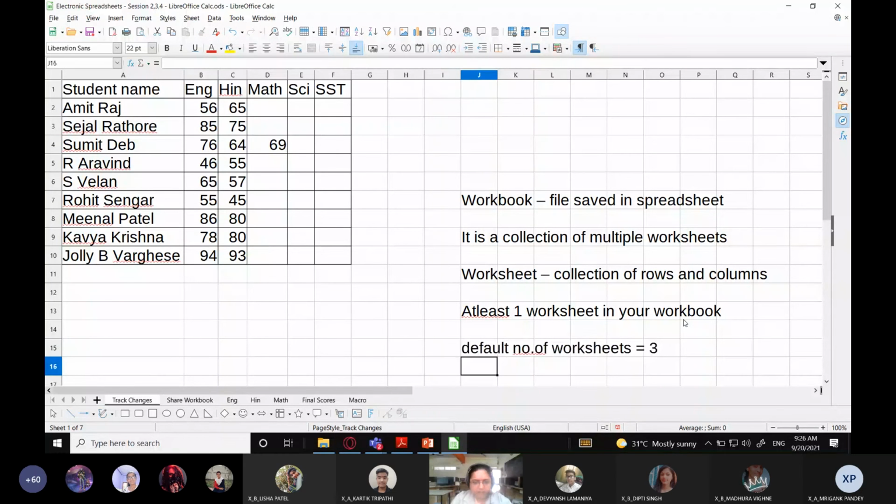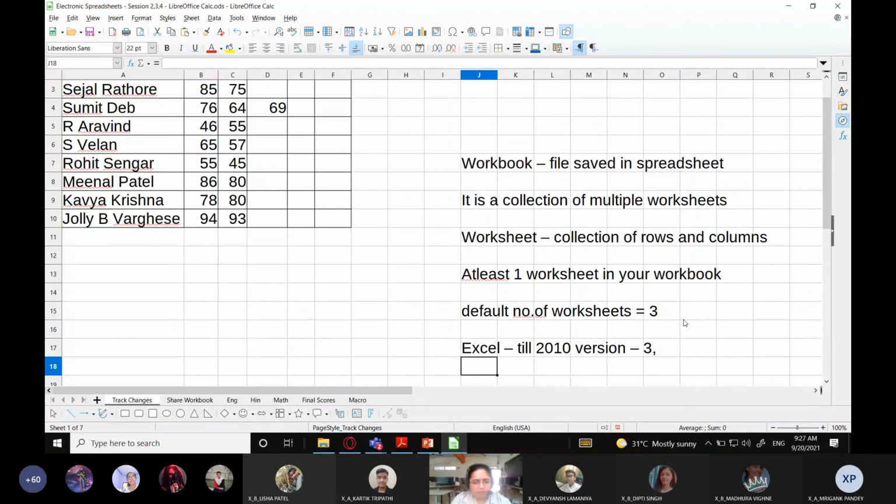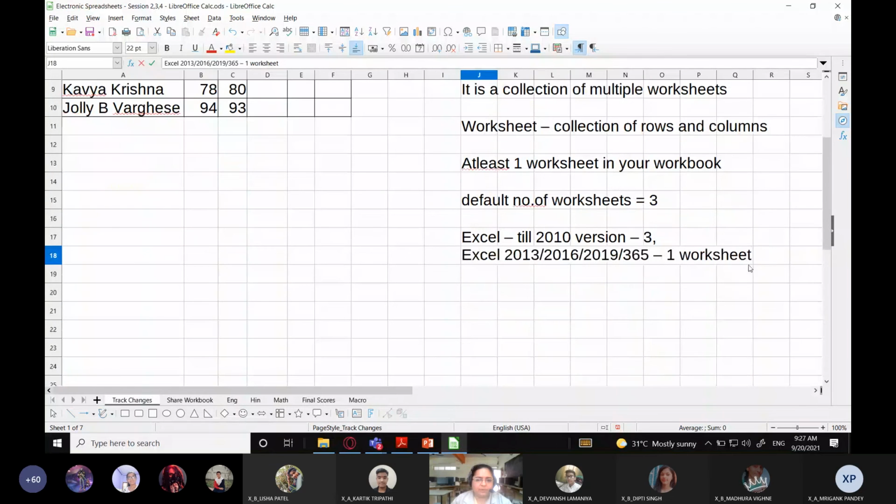In the previous versions of Excel, up to the 2010 version, the default was also 3 worksheets. But when we moved on to Excel 2013, 2016, 2019 and Office 365, only one worksheet is the default setting in Excel.